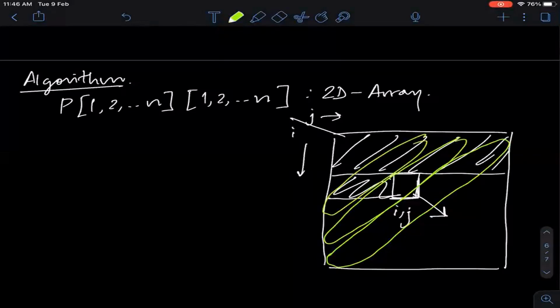Okay. Now, how do I implement this using two for loops? I understand that I need to fill it diagonal wise. Yeah, Harsh. So the middle one is I equal to J. This is I equal to J, this is J minus I equals 1, and so on and so forth. Or is it going to be the other way? No, this is fine, right?